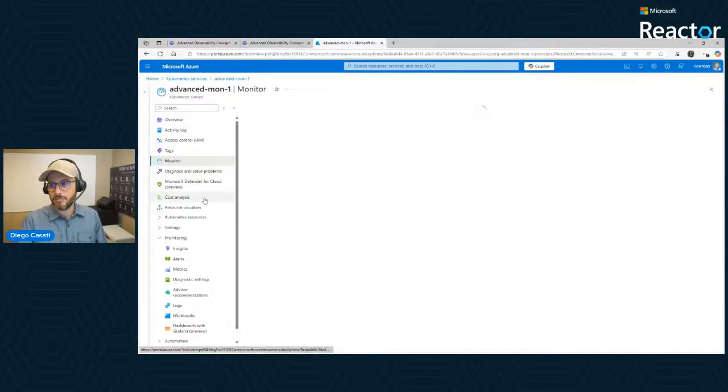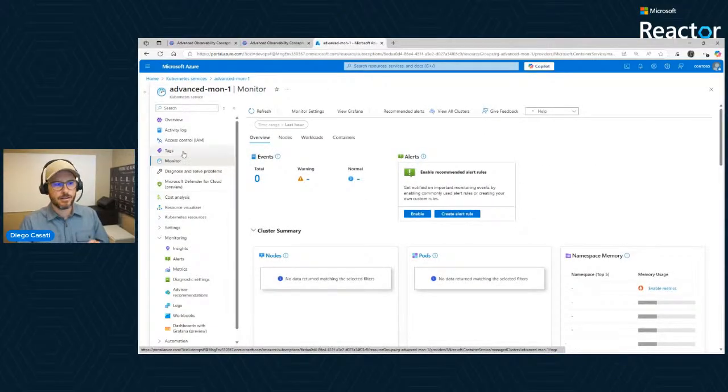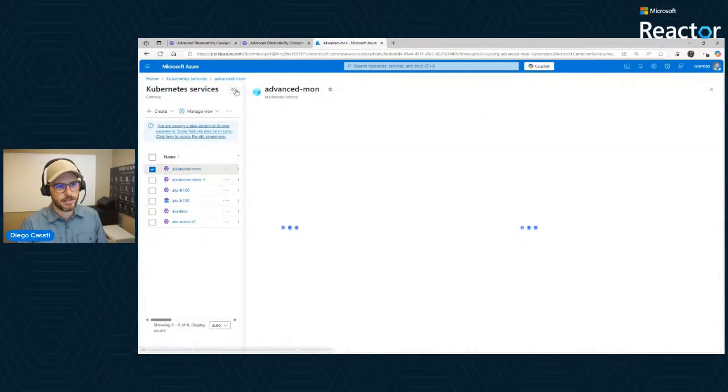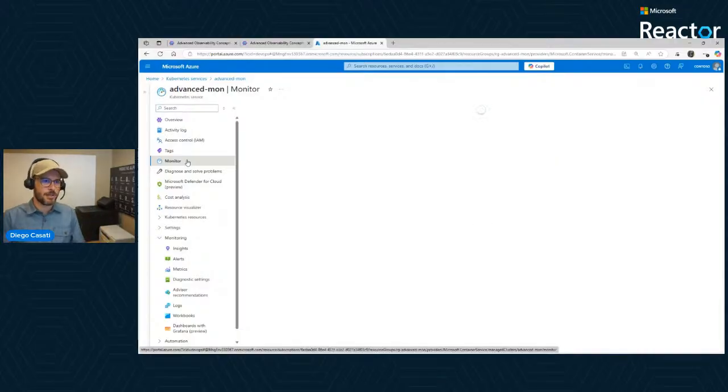When we have the cluster fully created, we're going to go back to this area here for Monitor. I think, Deepin, kind of going back to your question, you can see that there will be a lot of information in here. Actually, let me show you from another cluster that I have already set up while the new one gets created.